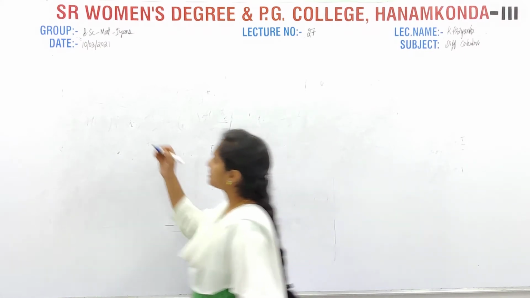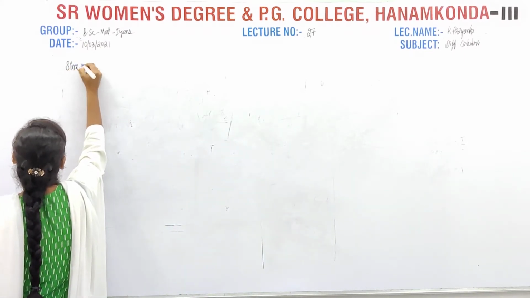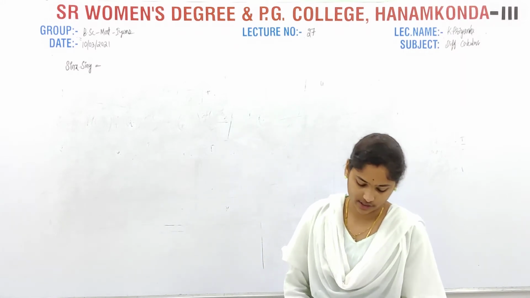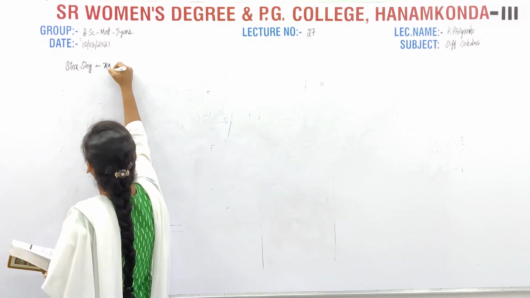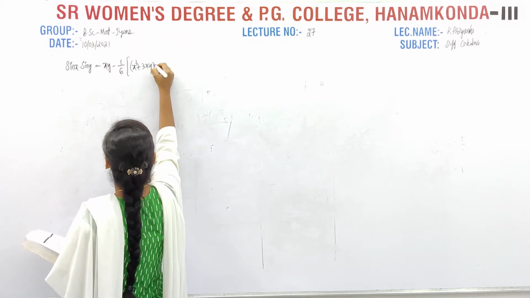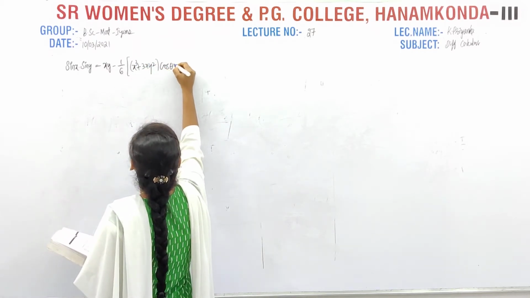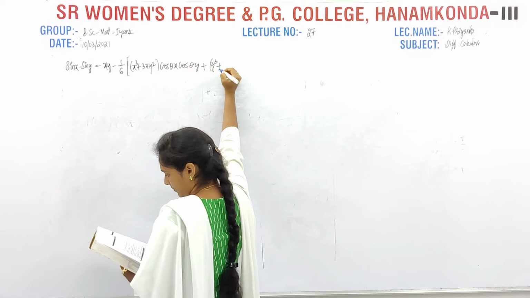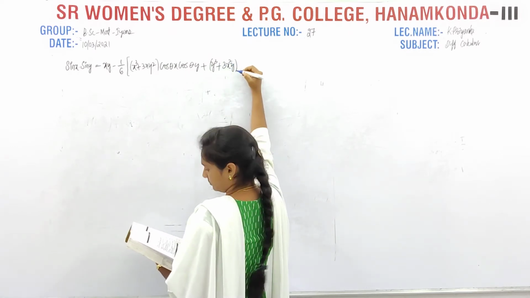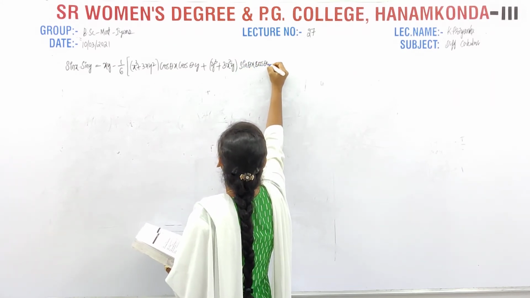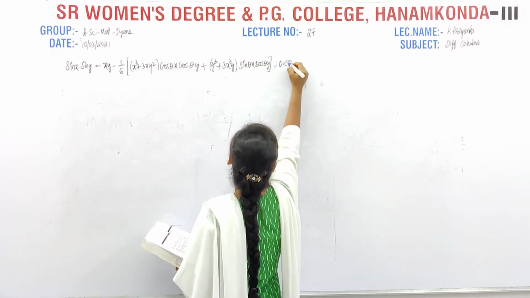Okay, so here simply they are asking to show that sin x sin y equal to, okay, I am reading the question, xy minus 1 by 6 of x cube plus 3xy square plus y cube plus 3x square y sin theta x into cos theta y. Okay, where 0 is less than theta is less than 1.